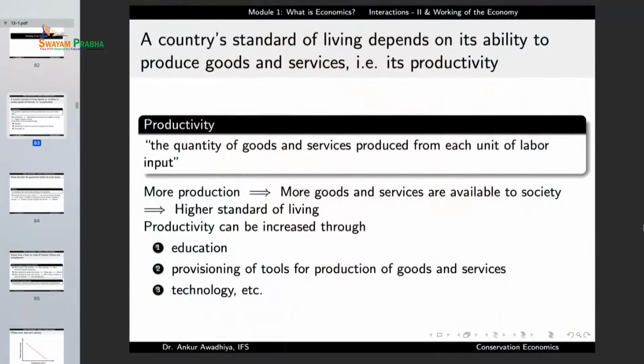And this productivity, or having more and more production, is what is also leading to a large number of environmental disasters. Because we have observed in one of the lectures that the amount of plastics that we are producing is going up exponentially. Now, we need to pause for a while and think whether such large production of plastics is good for us or bad for us, which is again where economics and conservation need to talk to each other.